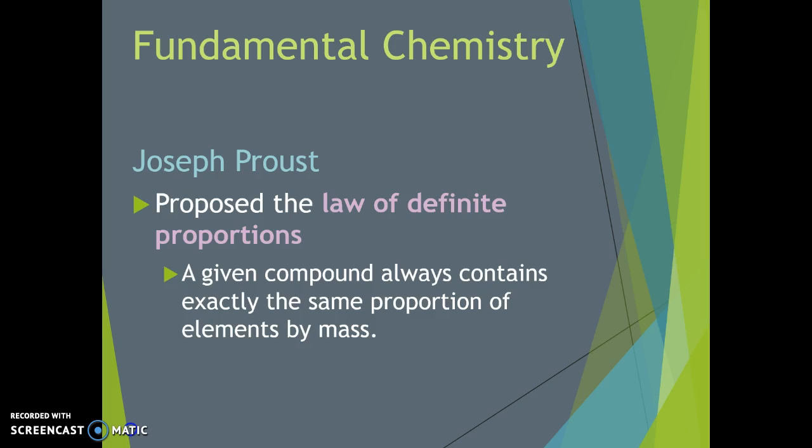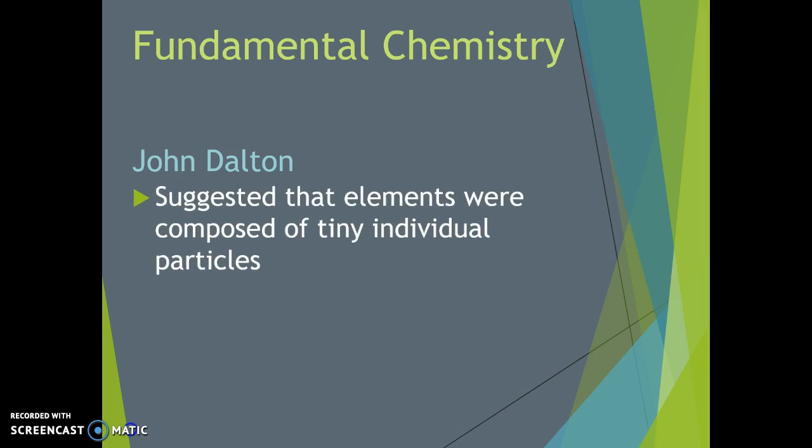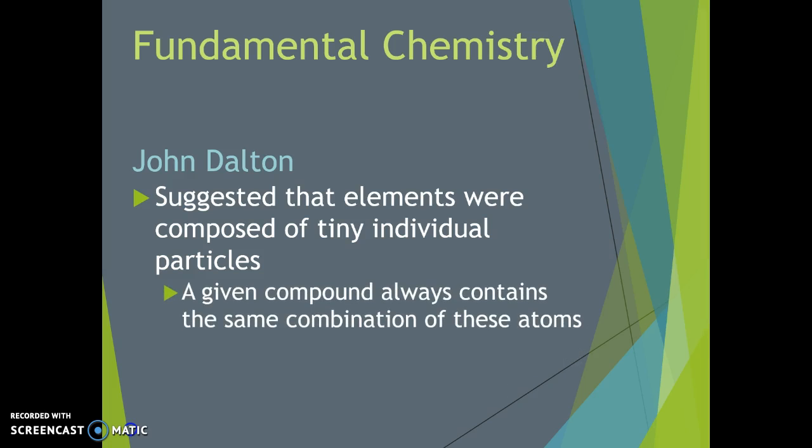part carbon by mass. After Proust, John Dalton began to think about atoms as the particles that might compose elements. He reasoned that if elements were composed of tiny individual particles, a given compound should always contain the same combination of these atoms. He was able to explain why the same relative masses of elements were always found in a